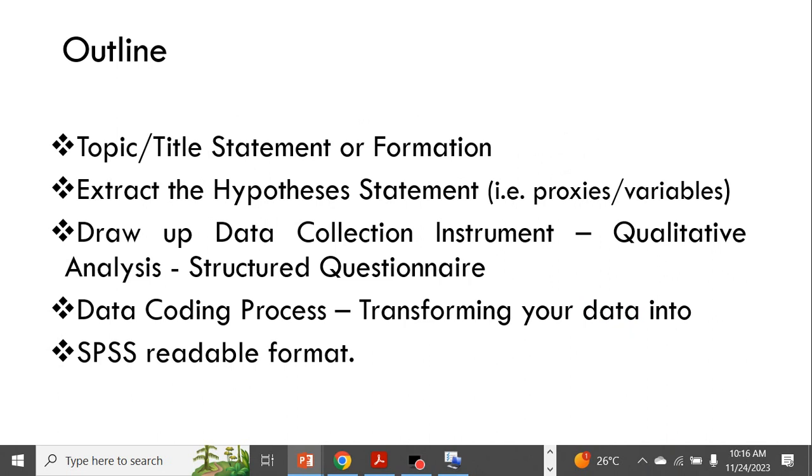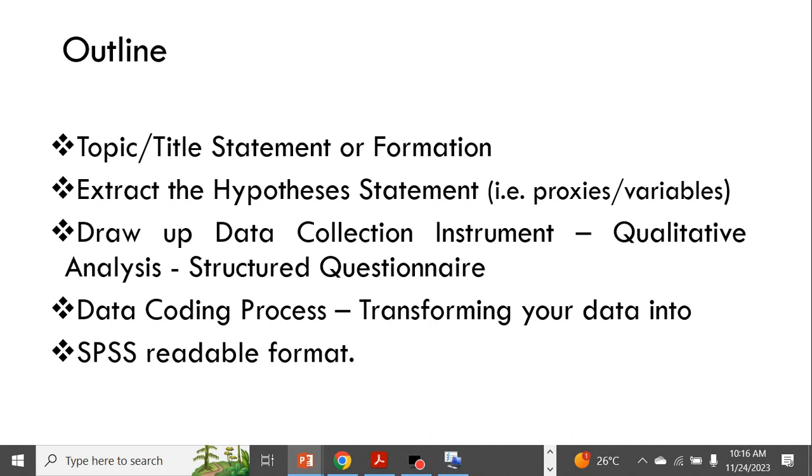As usual, we have lined up a series of subtopics, and like I said, we are going to be taking a practical topic example formulation that will extract the hypothesis statement from the topic. That is, we'll extract the process or variables as they are from the formulated topic. Thereafter, we'll draw up data collection instruments.